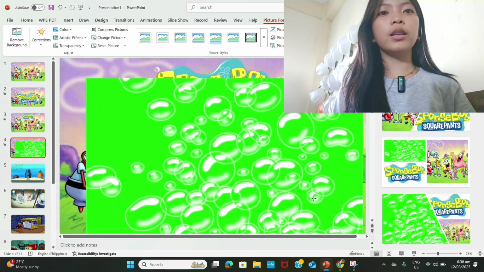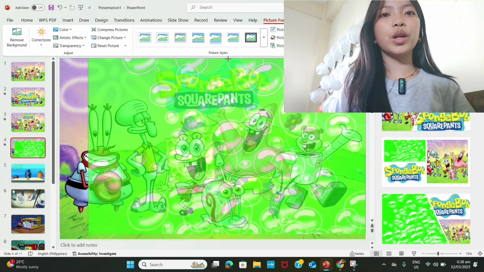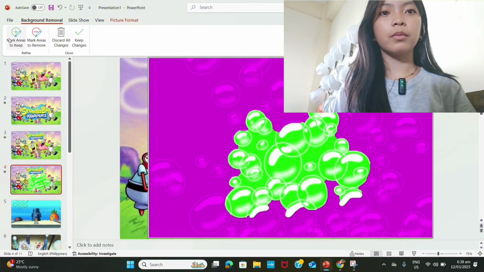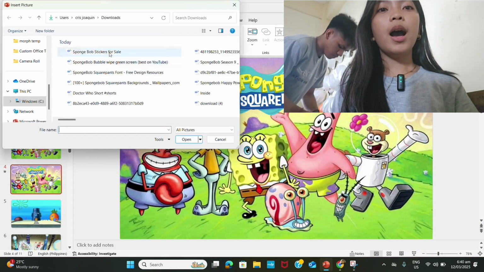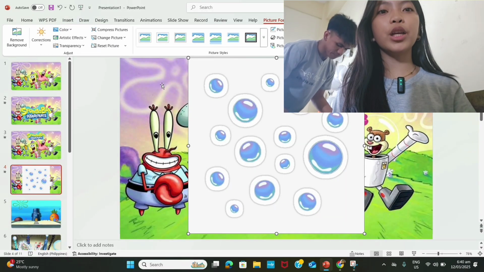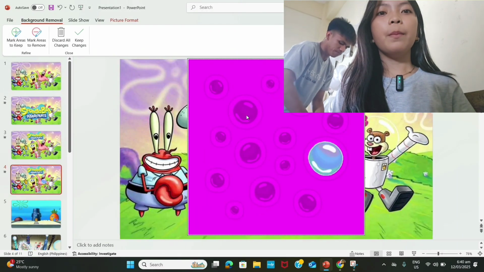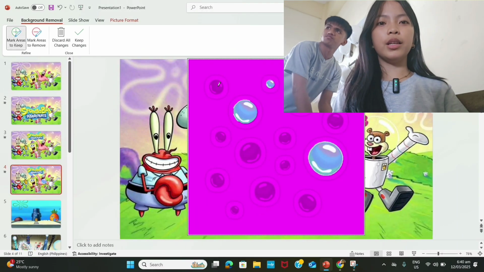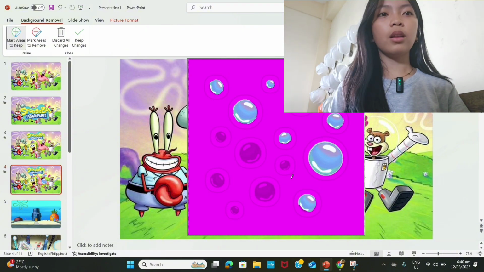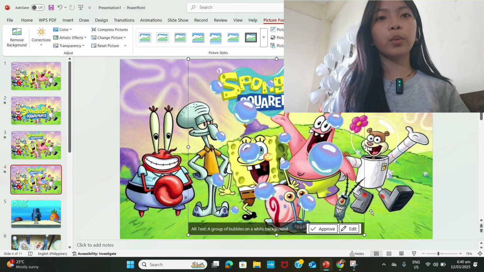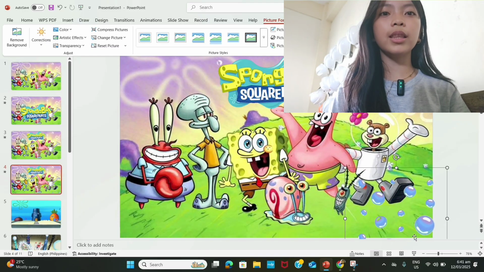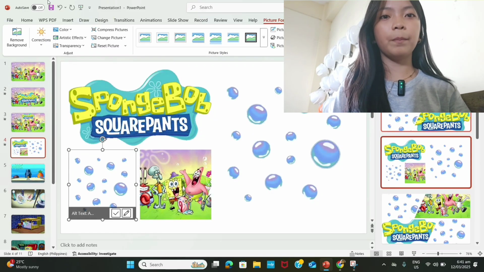Now let's move on to another transition on another location using morph. Again, on the Insert tab, select your preferred image and make your adjustment that we did earlier. After that, cover the page so that it will not be visible on the transition that we're going to make.